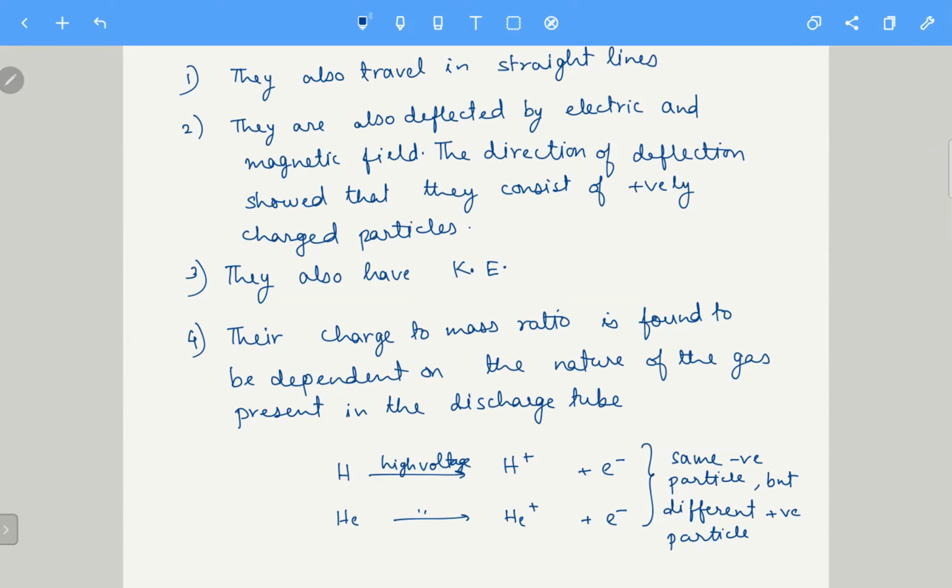This is an important point. When the charge by mass ratio of anode rays was studied for different gases used in the discharge tube, it was found to be maximum for hydrogen, which indicated that the positive particle present in hydrogen is the lightest positive particle. So it was considered that all other atoms or molecules contain positive particles which are a multiple of the positive particle present in the hydrogen atom. So the positive particle in the hydrogen atom was considered the fundamental positive particle, which is now termed a proton. Understood?